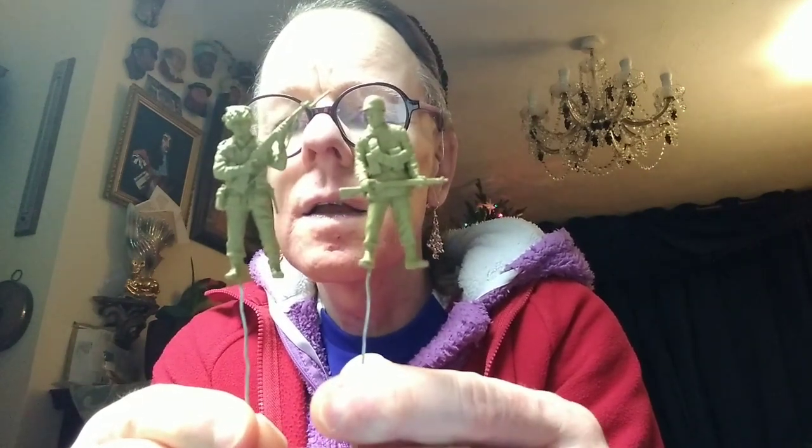So anyway, I really cracked on today, really done quite well, and that's all 22 figures, all primed, ready to go. So hopefully tomorrow I'll get some colour on them, start blocking in the colours. So yeah, very pleased. And the master box figures and the Airfix figures, they seem to go together well. Yeah, they go together all right. So happy with that. So we'll have a crack at them tomorrow, get some base colours on them. That'll be nice. Get the wet palette out. I've had the wet palette out for ages. Get the